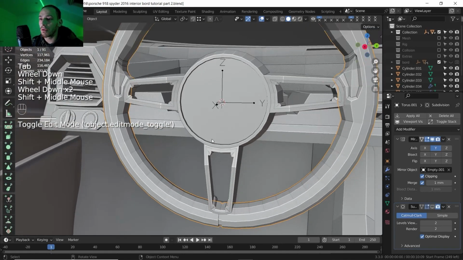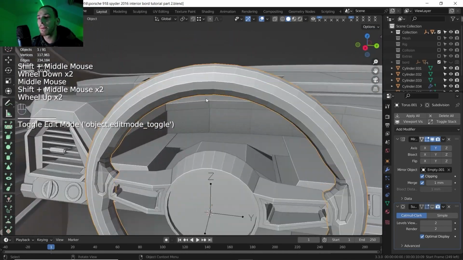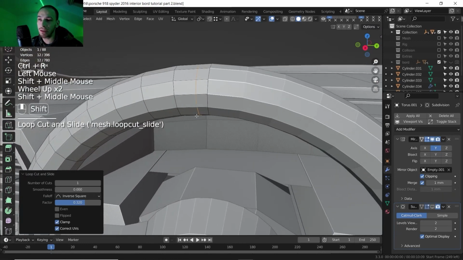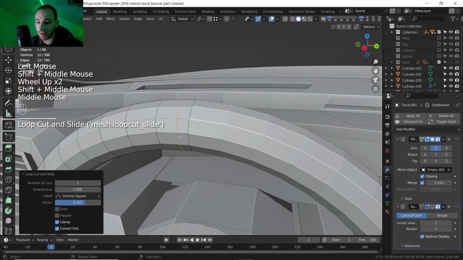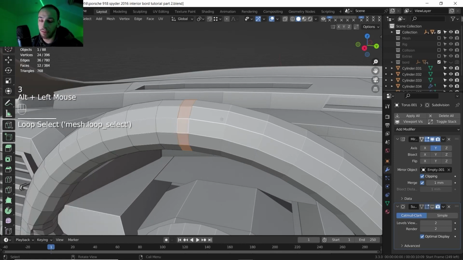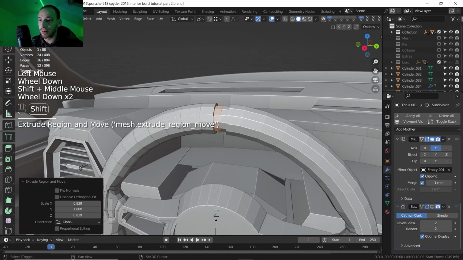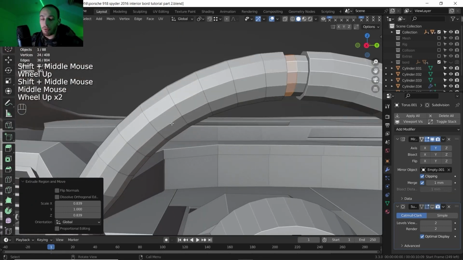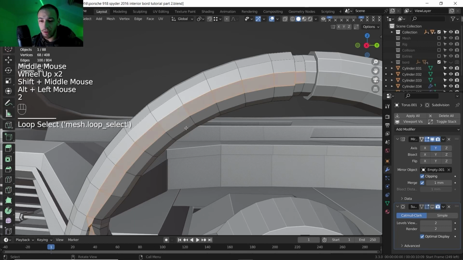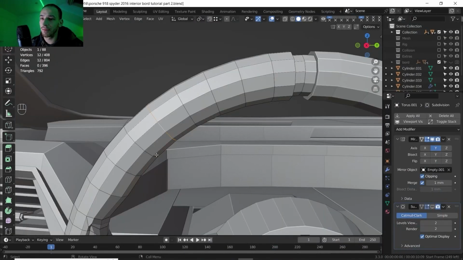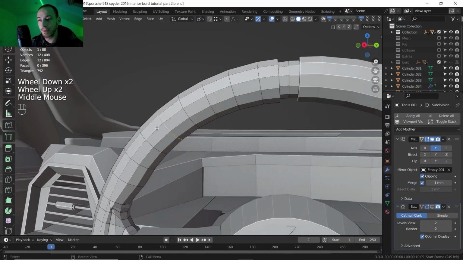Okay, so everything is fine here. Then the same is going to happen here. Maybe it's going to be a little bit bigger, like let's say like this. Okay, same action. Select this, extrude, then scale, Shift, Y, and I'm going to do something like that for the moment. Now let's see how I'm going to play with those edges. I see they are just like that, and we have only edges like this. When I've done the test,